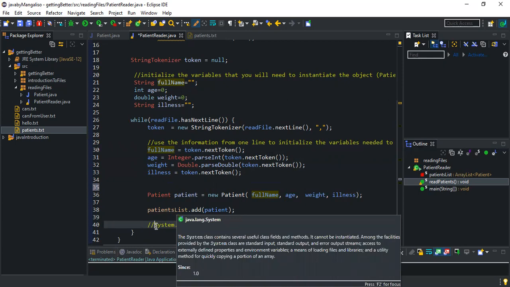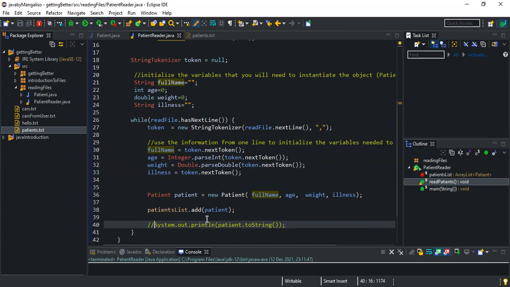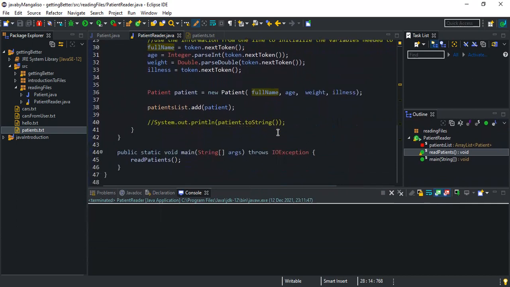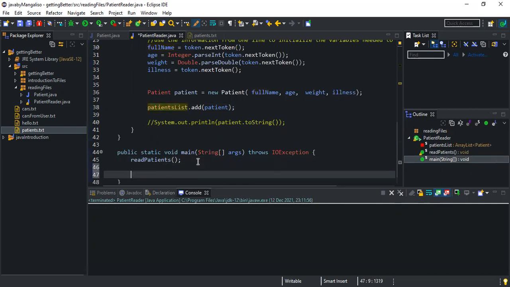Okay, so we can run this. Let's go to our output console. Nothing happens. Fine, we didn't expect anything anyway. We just run this again. Okay, nothing happens. Now, let me just say after reading the patients, we want to see if actually our array list has got the patients from the text file. So this for loop I'll use here, for patient from this